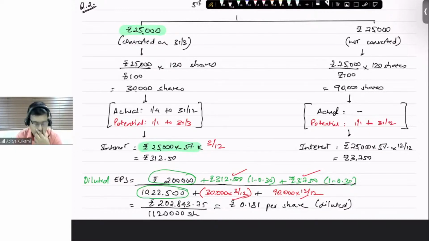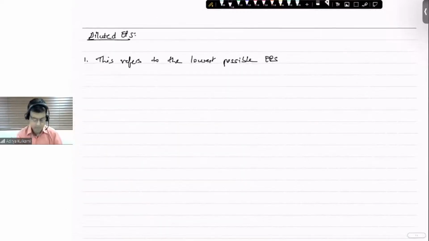Okay. No, Soham. So that is what is new. We do not check only at the end of the year. See, the share could be potential at any point of time. So whatever period it is potential, we will have to give the impact for diluted EPS. Okay. So this refers to the lowest possible EPS